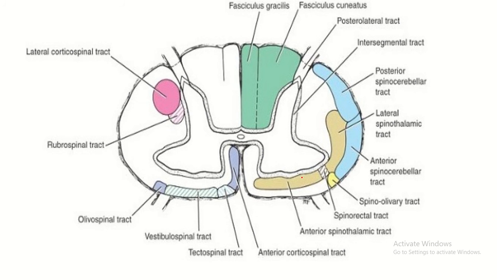So, the location of the lateral spinothalamic tract in the cross section of the spinal cord. This is the cross section of the spinal cord. This is the inner H-shaped gray matter. This is the central canal. This is the outer white matter. And this is the ventral horn, which is shorter and thicker than the posterior horn, and the lateral spinothalamic tract is present just lateral to the ventral horn of the gray matter of the spinal cord.